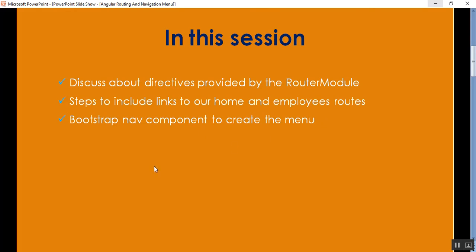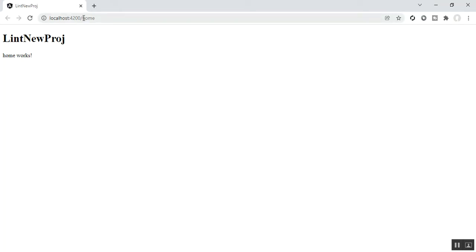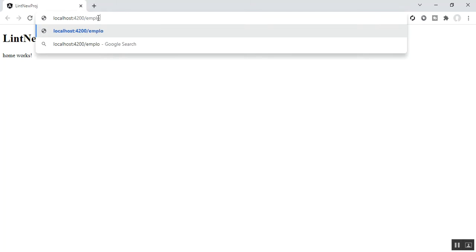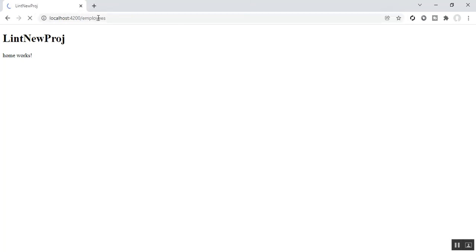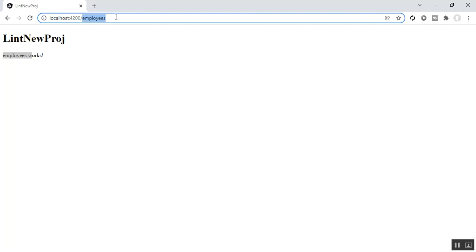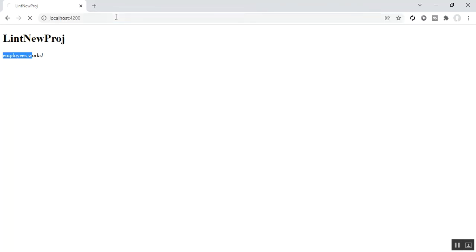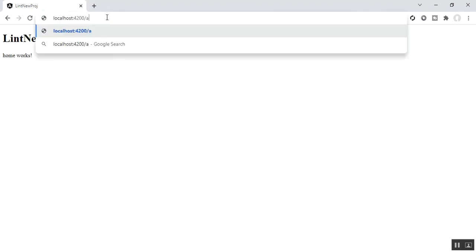Whatever we discussed in our previous videos, the output of my routing is in this one, and that is the home. If I put employees, then it will go to the employees part, right? You can see that for employees it is going to employees works. And if you put an invalid route, by default it will go to the home routing, because the default routing is home. If you put any invalid routing like ABC, then it will go to the page not found routing, because